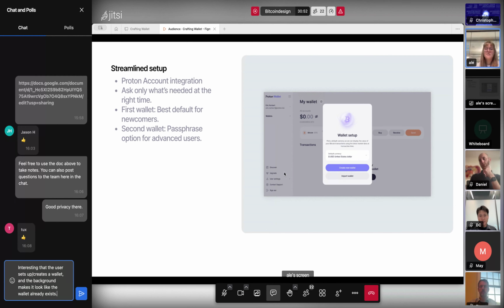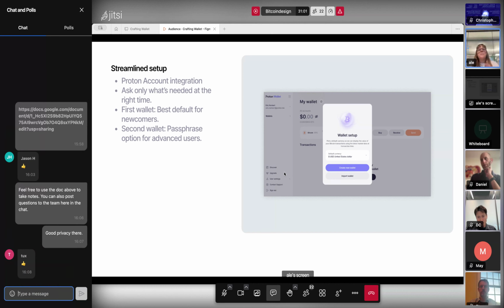So for the first wallet, we have the best default, just ask to confirm, and it will automatically create your wallet. The challenge is to cater to our user base that is more tech savvy, but also be welcoming and easy to use for newcomers.